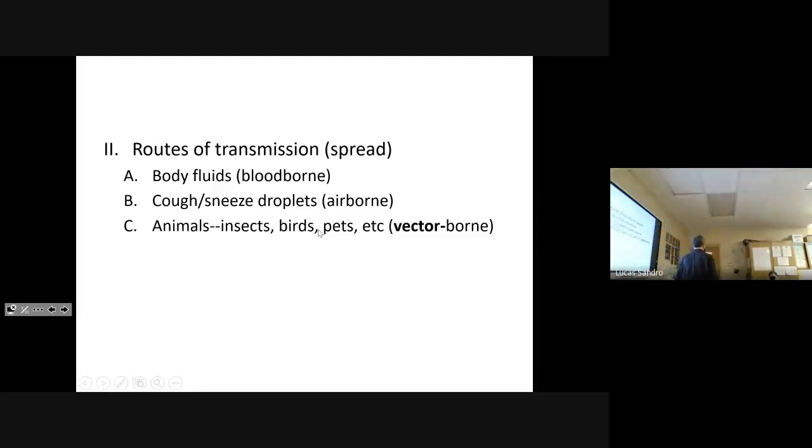That's a vector. It's actually a physics term. Maybe you know it from the bad guy in Despicable Me. Of force and direction and magnitude, right? If you're wondering why they call animals that, if you think about it, it's a force that starts here and then goes somewhere with a particular direction. Here's the person, and now we're talking about a mosquito, and you kind of get the picture, right?